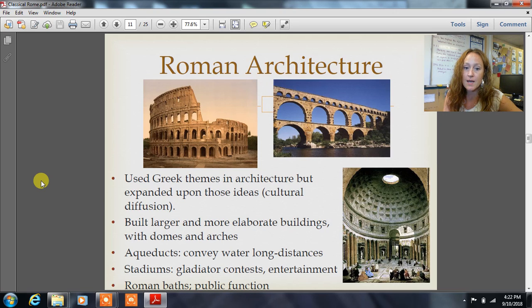Their aqueducts basically were to channel water over long distances. In order to maintain a large empire, you have to maintain your agricultural surplus and keep people fed. So the aqueducts were extremely important in their success in maintaining an empire for as long as they did. As I said, they built stadiums for their gladiator contests and entertainment. Public baths were a common public function for the Romans, more of a leisurely place for engaging in social